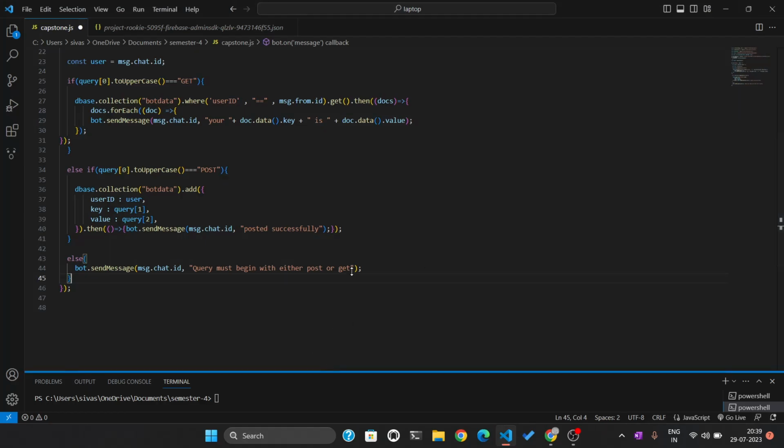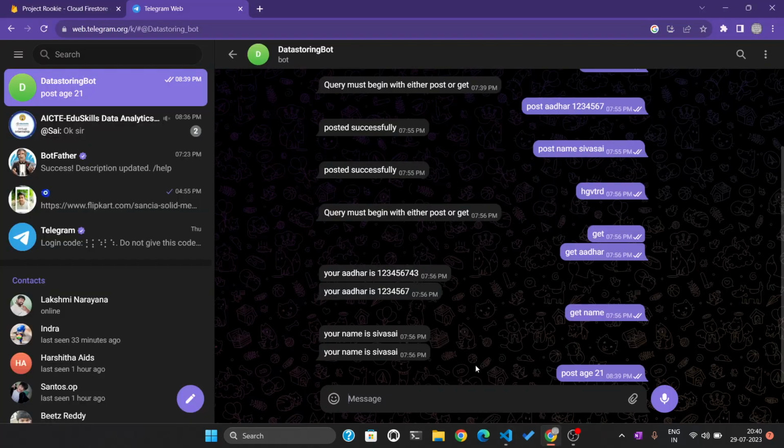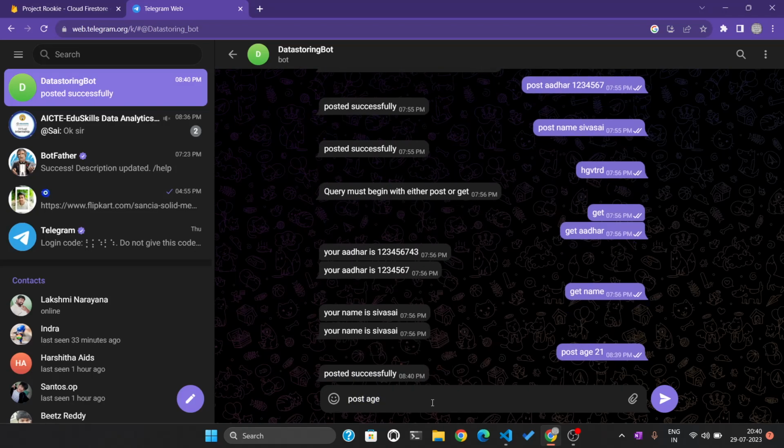In order to start our chatbot, you need to type the command node, then my file name, capstone.js. So our bot started, and let's again send a query to the bot: post age. Age is posted. Then for example, if it is marks, post marks